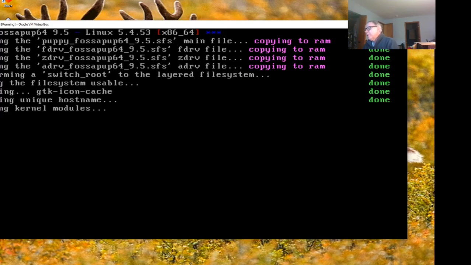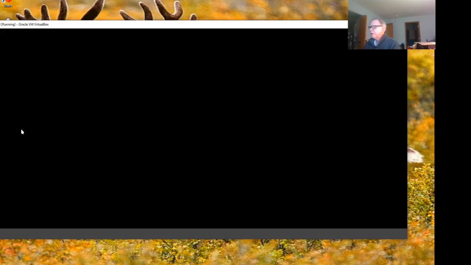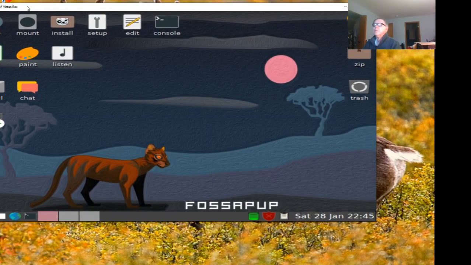Now, also to give you a heads up here, a lot of times I have to boot it 3 or 4 times to get the system to come up for some reason. I don't know why it is. That's just the way it is. You shut it down, you get a kernel panic, you shut it down again, you get a kernel panic, you shut it down again, kernel panic. Finally, the 4th time, the system boots up and it's fine. Okay, so